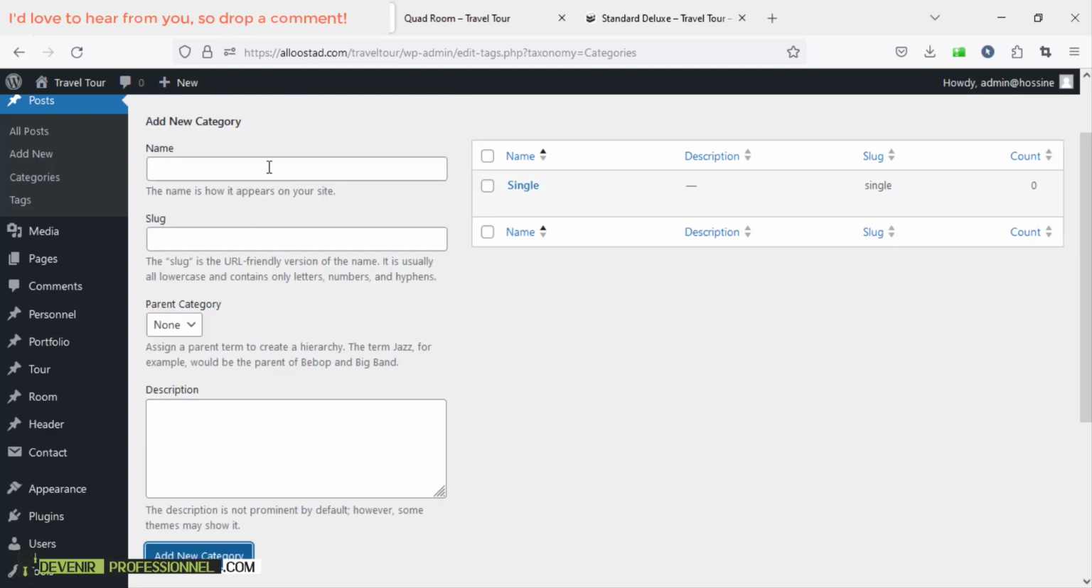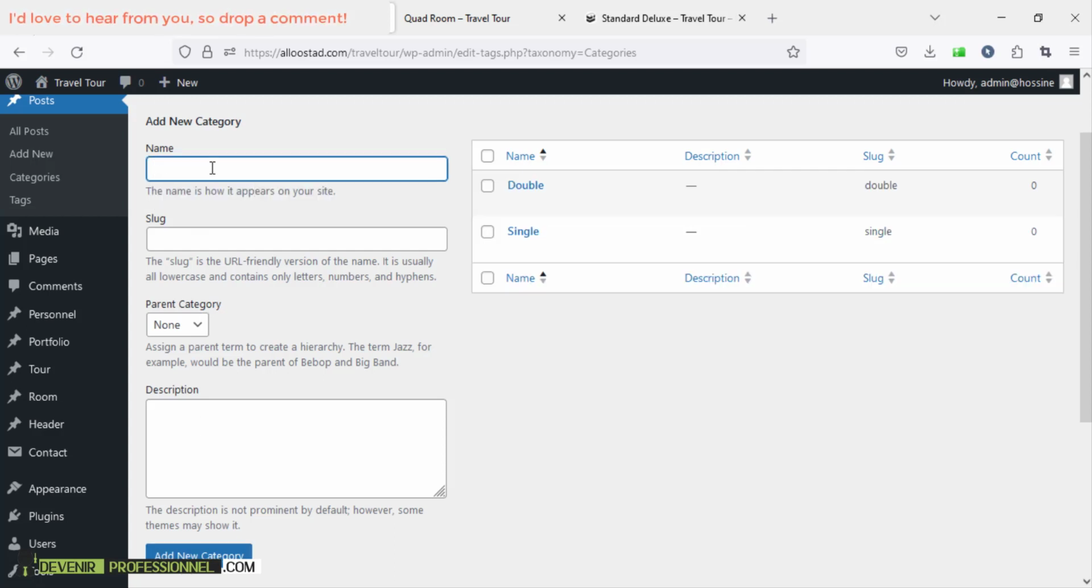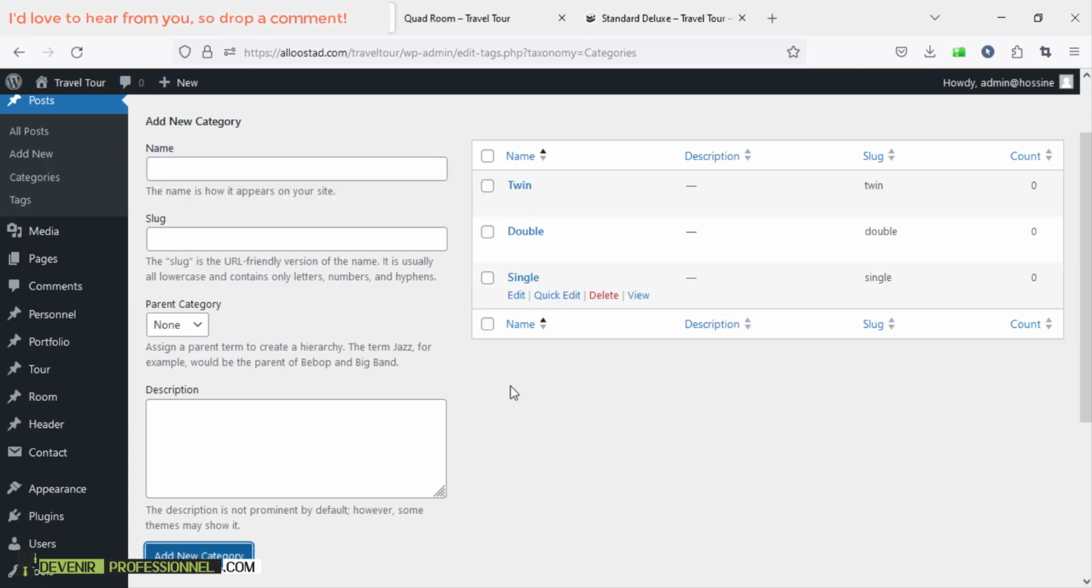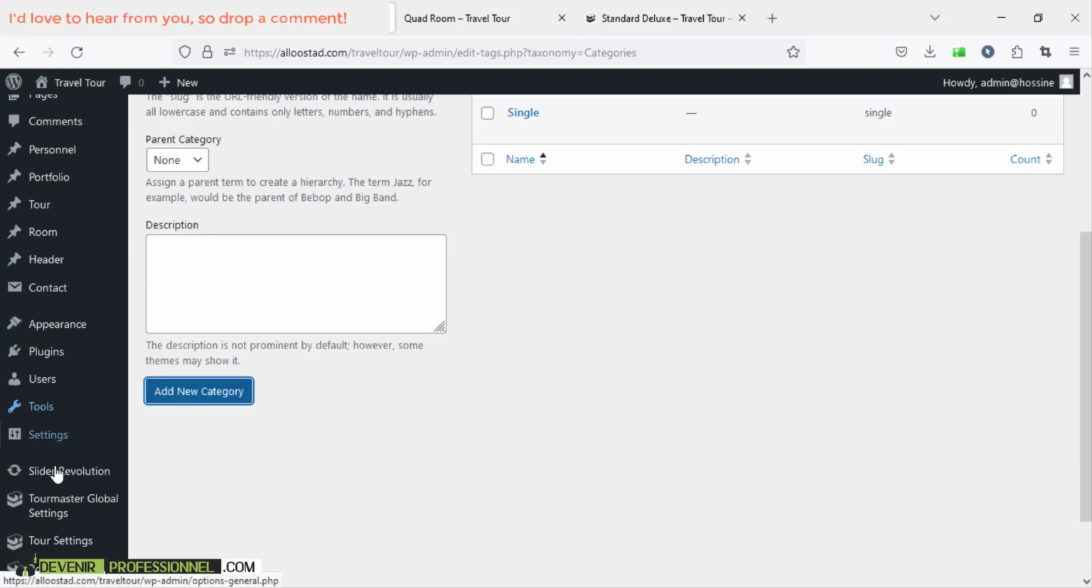because we are going to create a room search page, double, twin. So you add as much as you want of categories that you have created, that you have normally in your hotel, and then the customer can make this filter. Now if you open